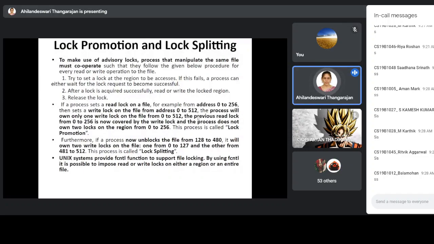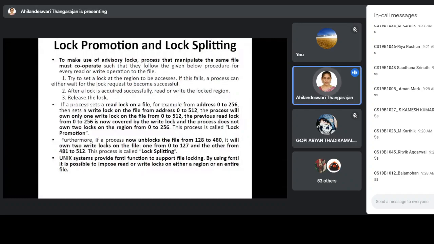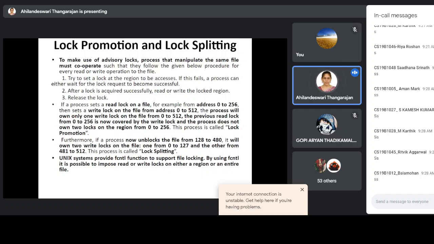So the previous read lock is now covered by the write lock, and the process does not own two locks on the region from 0 to 256. So this is called a lock promotion. The read lock will be promoted to a write lock. Within a file from 0 to 256 you have a read lock, and you want to access 0 to 512 with a write lock.